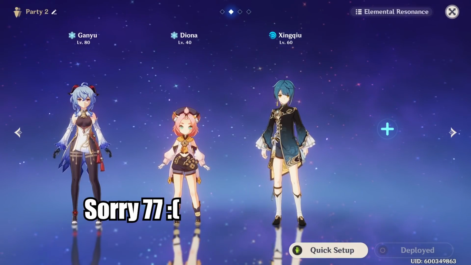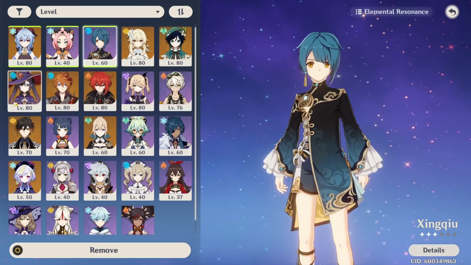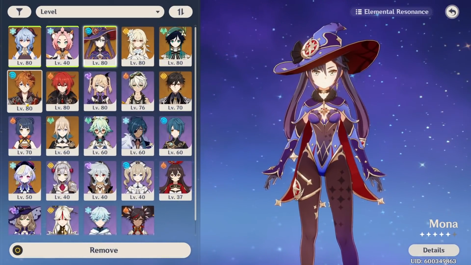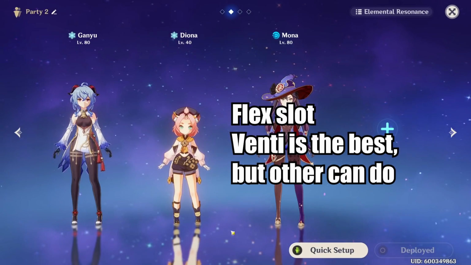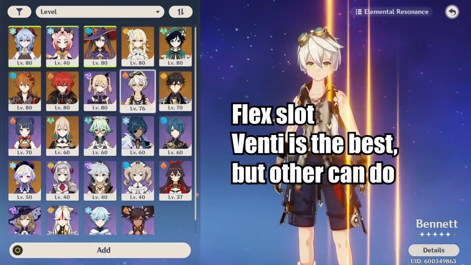Sorry Chi-Chi, even though you're a Ganyu friend. And for the Hydro slot, I think either Xingqiu or Mona are gonna be the better one, although I have heard huge success from people who have been running Chayo as well. I think Barbara is the least favorable one because it requires strictly to be in shotgun range, but it can do as well. And of course your last slot is a flex slot, so anything like Fenty or Bennett, or